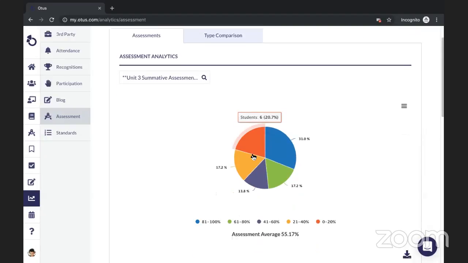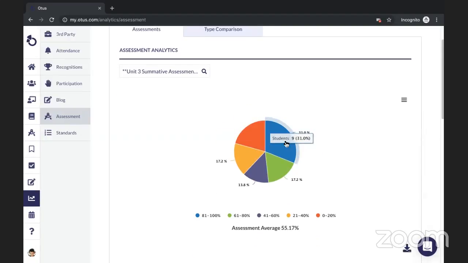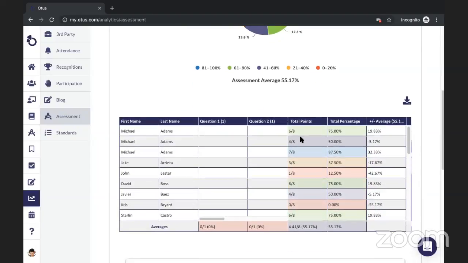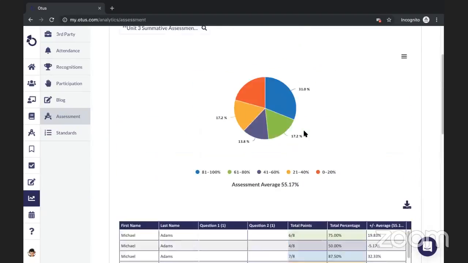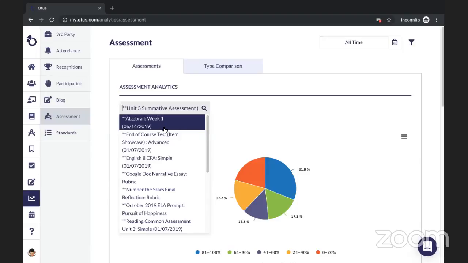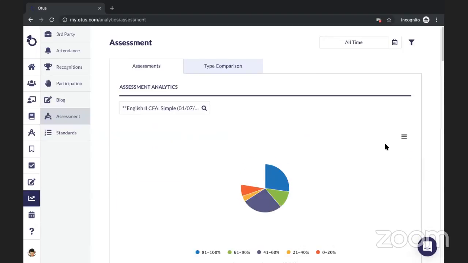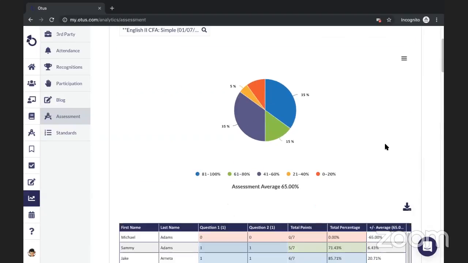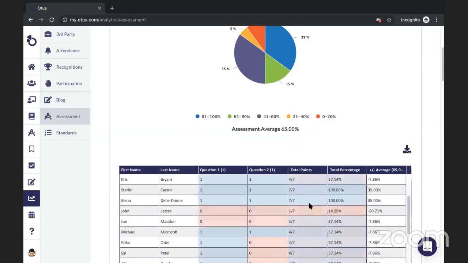So this was a bubble sheet, and I was using points, and you can see the breakdown of students and then see how they answered. If I want to do an item analysis, I can do the same thing. So this was a simple assessment. This was points, and I can do this